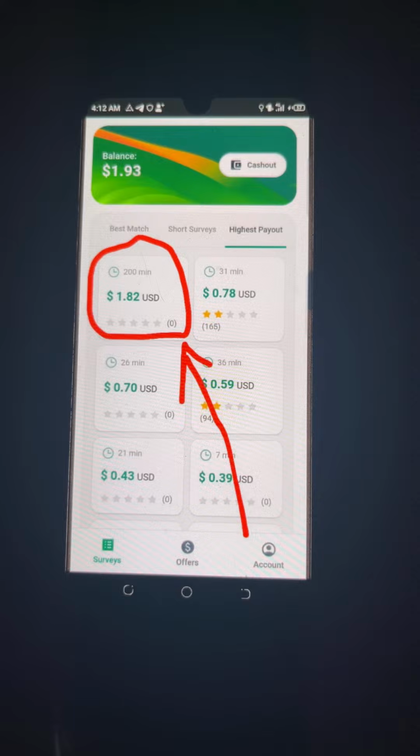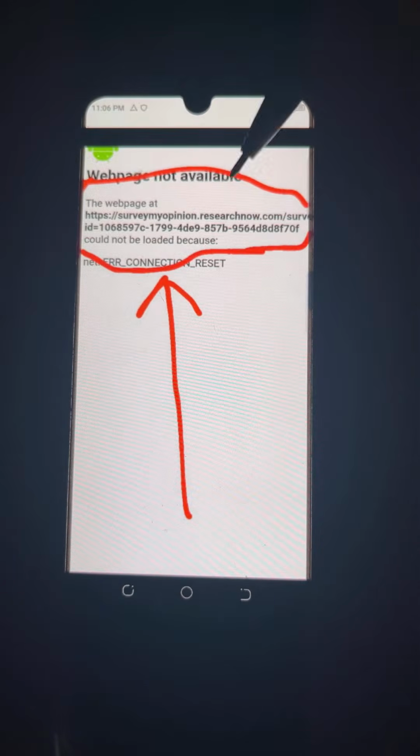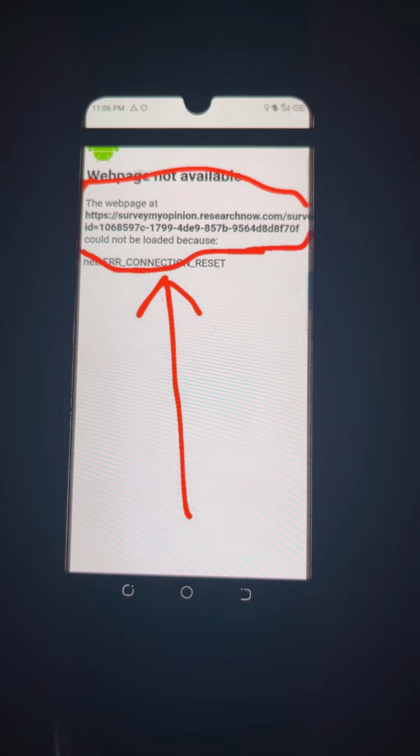Now, just like I explained, let's say you're running a survey and you get an error page, maybe because of network, or maybe because of timing. You did not enter the... your timing elapsed. You understand? Or probably timing or network. Then what else can cause this? Maybe the reload button. Yeah, reload button.